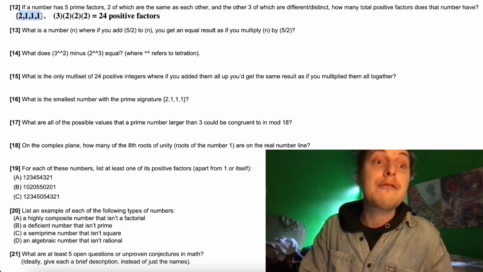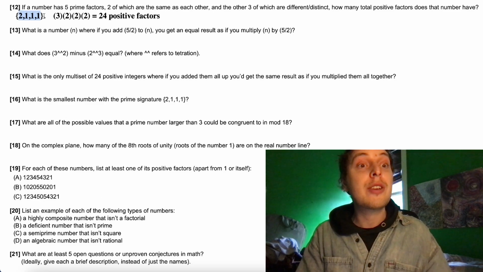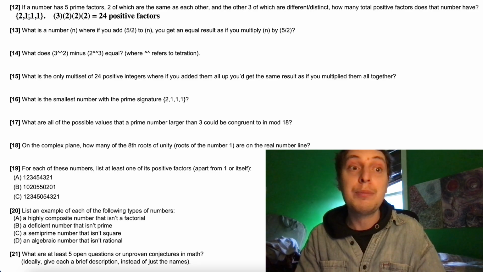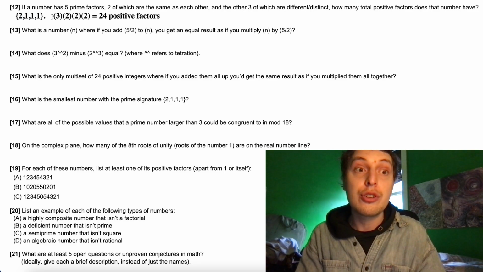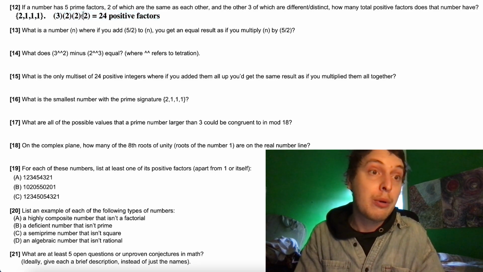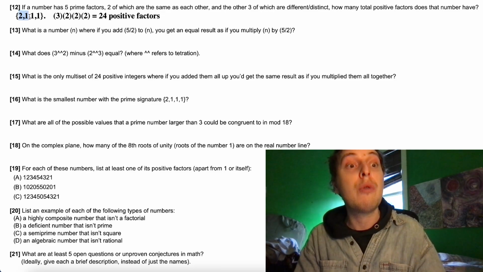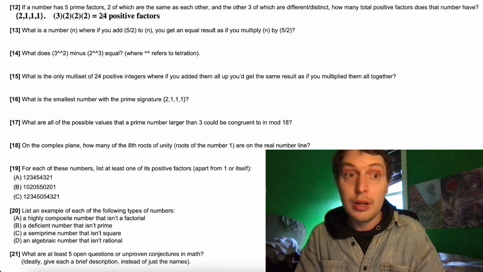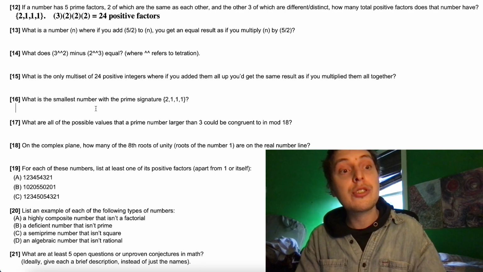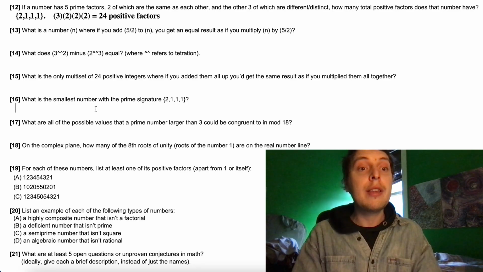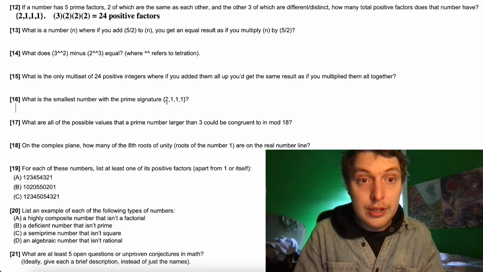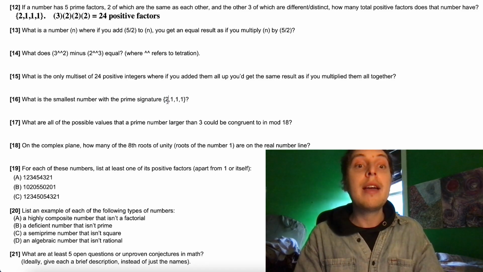out of these 5 prime factors, because other prime signatures may add up to 5 prime factors and result in a different amount when we do this equation, but all of the 2, 1, 1, 1 numbers will have 24. So what's the smallest? Well, the way that we could calculate this is by noting that the way of minimizing